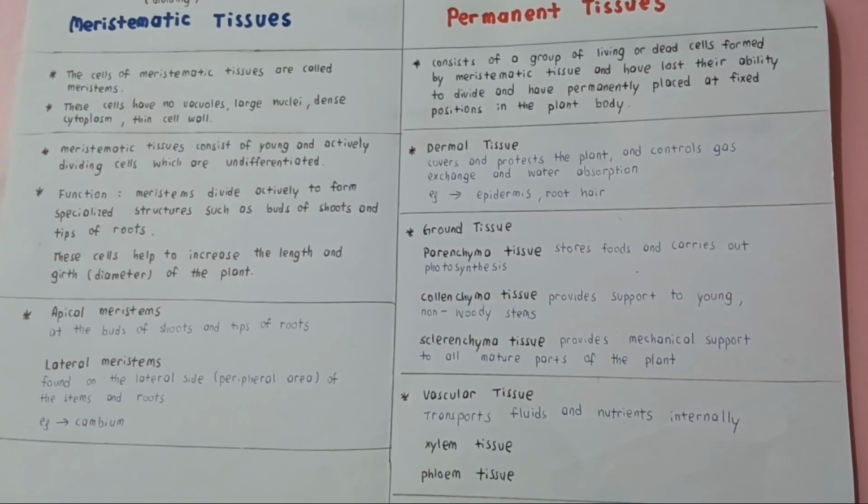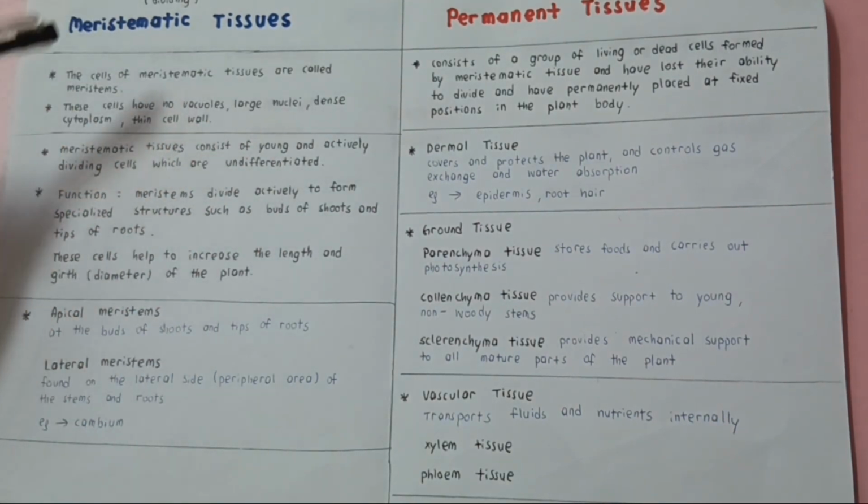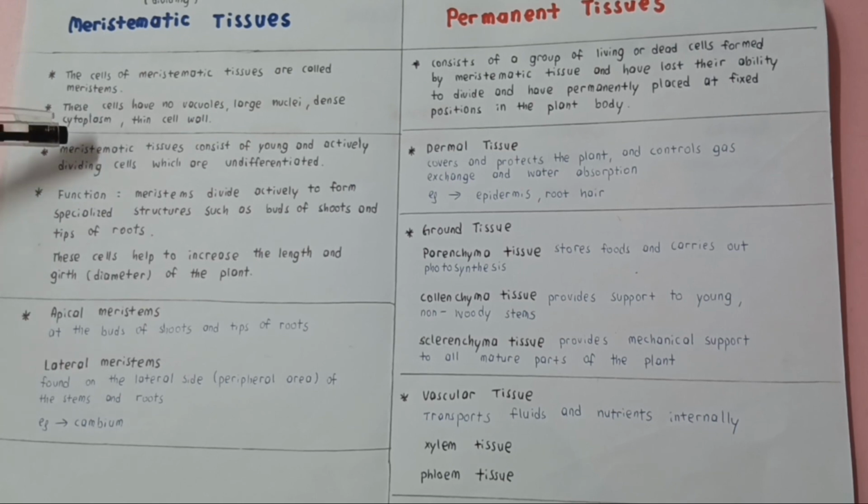Let's look a bit more in detail at meristematic tissue and permanent tissue. The cells of meristematic tissue are called meristem. The characteristics of those cells are that they have no vacuole, a large nucleus, then cytoplasm, and then cell wall. These cells combine together to form meristematic tissue. Meristematic tissue consists of young and actively dividing cells which are undifferentiated. Undifferentiated means they have not yet undergone